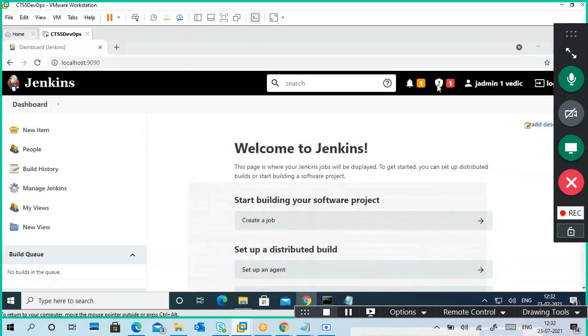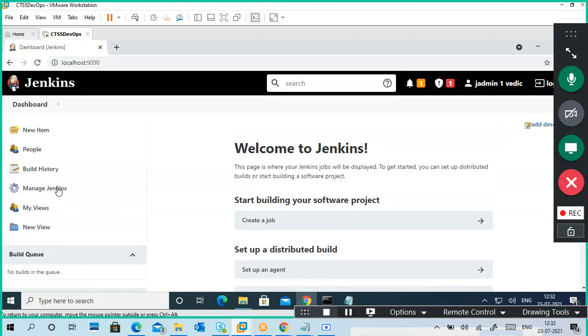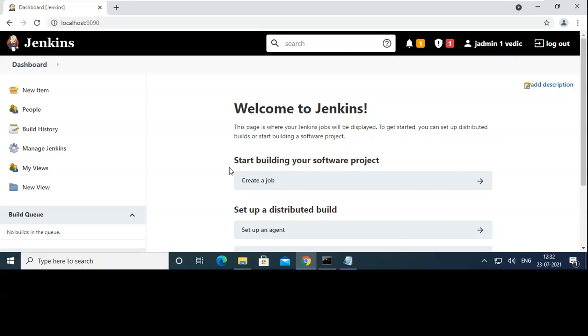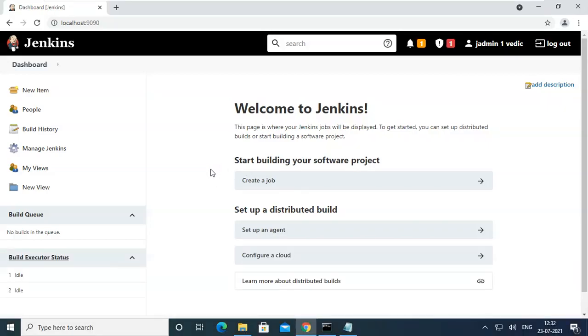Yeah, now the screen has come, very good. Finally my screen has come. Okay, this is Manage Jenkins, an important one. So guys, I'm going to full screen mode so you can see easily. Can you view my Jenkins screen, guys?